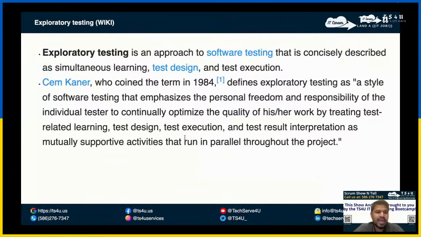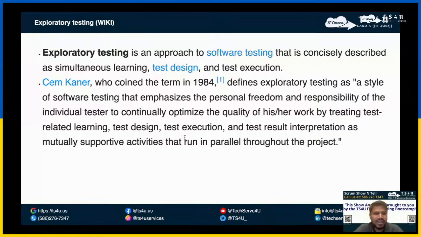So now let's go to exploratory testing, which I got from the wiki. It is an approach to software testing that is concisely described as simultaneous learning, test design, and test execution.